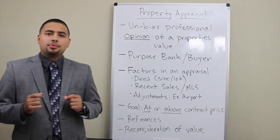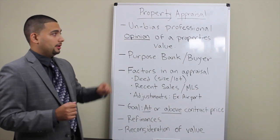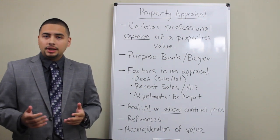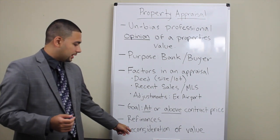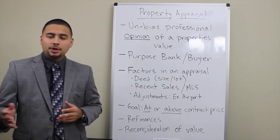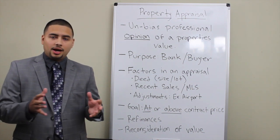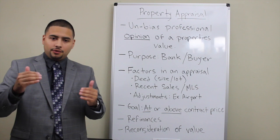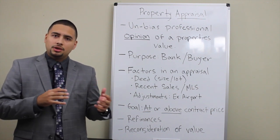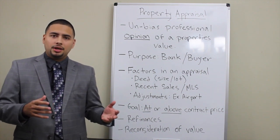Lastly, the appraisal is an unbiased professional opinion of the value of a property. So if for some reason you don't agree, you can try to do what's called a reconsideration of value. Good luck with that. Not many of them go through, but you can try, right? You can look at the appraisal and the comps, right? They'll list it. So in the form, they'll list the properties that it was comped with, and you can say, well, listen, 1 or 2 of these properties don't work. This was a foreclosure. If you go into the property, right,